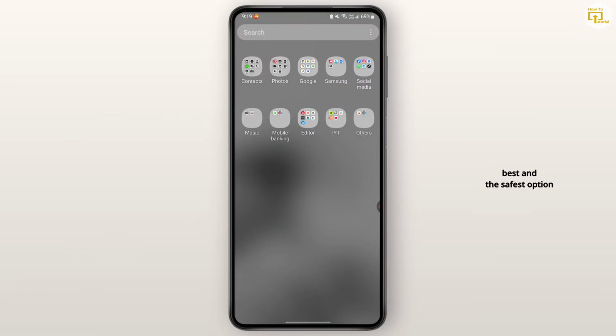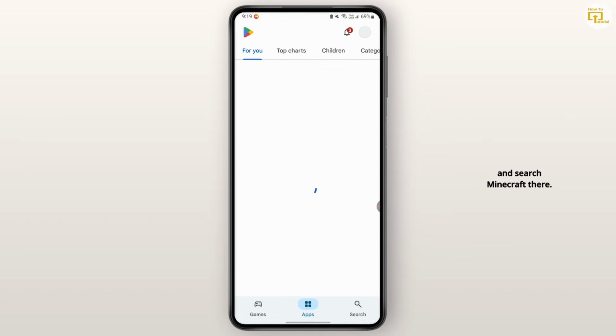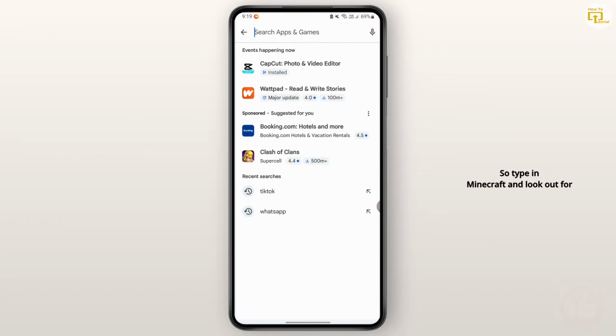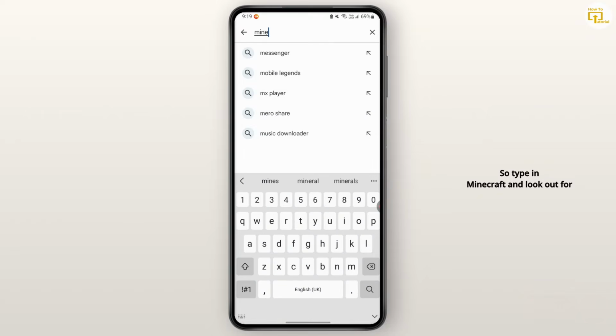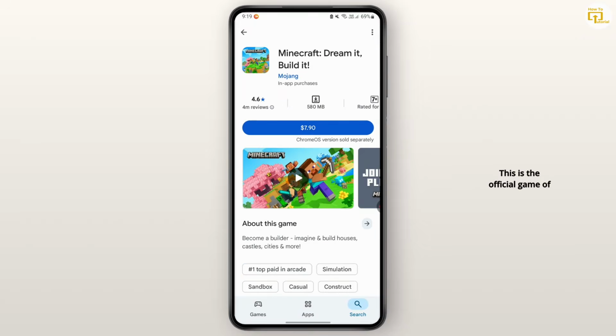So the best and the safest option available is going to your Google Play Store. So go to Play Store and search Minecraft there. So type in Minecraft and look out for the game available there. This is the official game of Minecraft. So we can see this application right here is something we need to pay for,